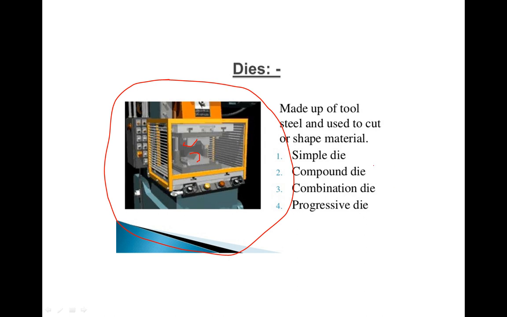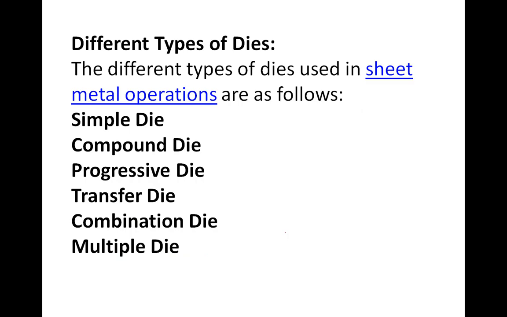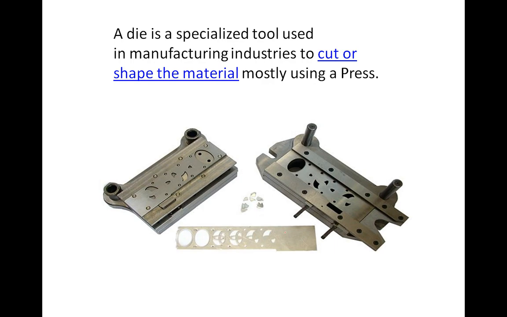There are various types of dies used in sheet metal operation. In your curriculum, there are 4 dies to be studied under your syllabus. That is simple die, compound die, combination die and progressive die. One by one we are going to discuss the various types of dies. This is the specialized tool used for cutting the material or to give shape to the material, that is